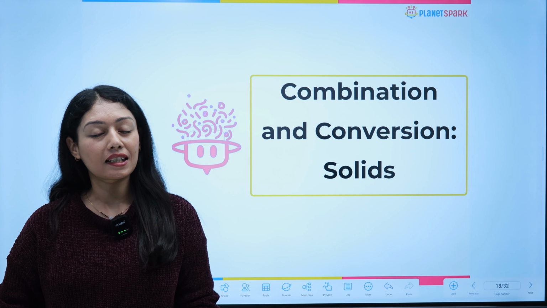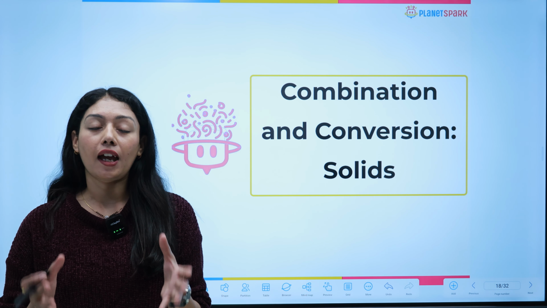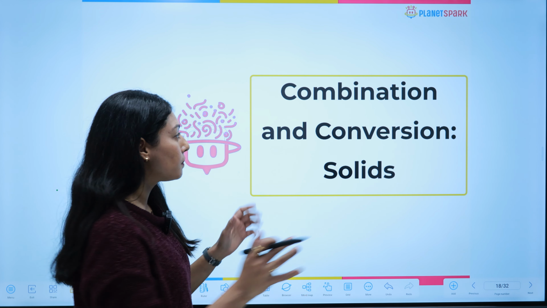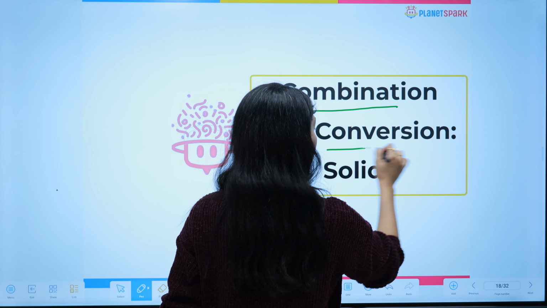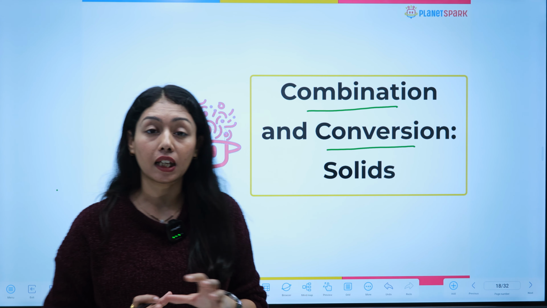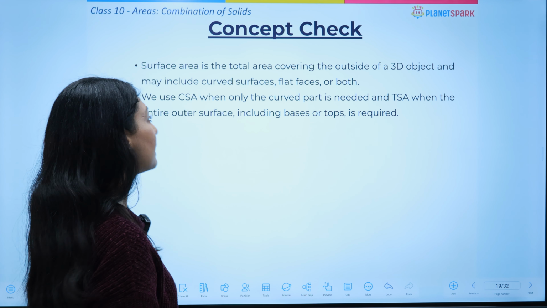My name is Nidhi and I am back with the last topic of the chapter, volumes and surface areas of solids, or we can say 3D shapes. So आज हम discuss करेंगे the combination and conversion of solids, everybody, right? When we are combining two solids, then what is happening? Basically areas we'll be discussing there. Okay, so let's get started.